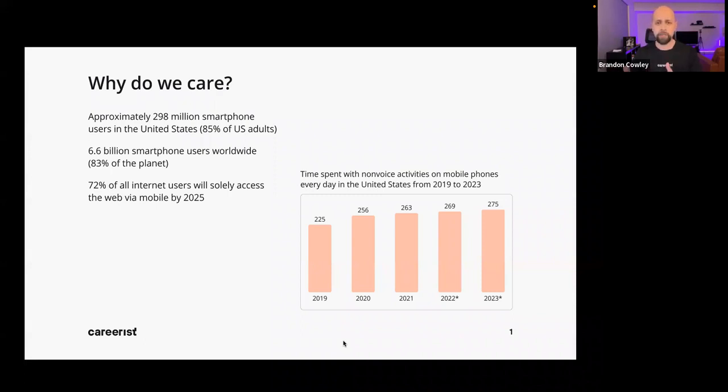And then this second chart over here, the time spent with non-voice activities on mobile phones. This is over the last 5 years. So we're starting to get into 2023. You can see that it's going up. This is no surprise. It's an average of just over 4 hours a day with non-voice activities, which one says, y'all need to stop doing so many things online. But we're all consuming a tremendous amount of content, but it's also how we communicate with people, right? Most people text. Most people are going to be on whatever chat platform of their choice, and that's how they're communicating. More than voice. Phones used to actually be used as phones at some point. But yeah.